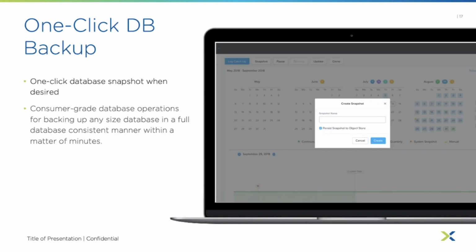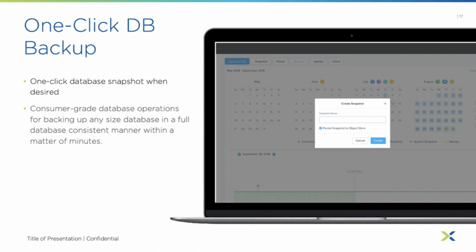And then we have the ability to do one-click database backups with our database as a service. Again, using our snapshot technology, we liken it to how easy it is to copy and paste on your computer. We believe that these operations should be that simple for databases that are terabytes in size. For Oracle databases, for instance, the requirement is not just to copy and paste a particular instance, but the ability to create clones from any point in time. With Nutanix Era Time Machine technology, we power the one-click database copy and paste operations from any point in time, while still maintaining the quality of service for specific SLAs. So essentially, Era lifecycle